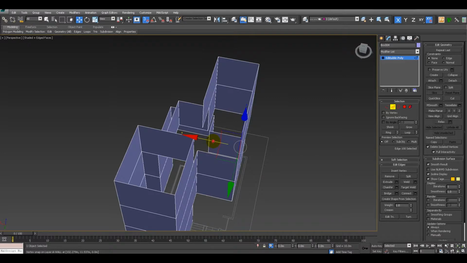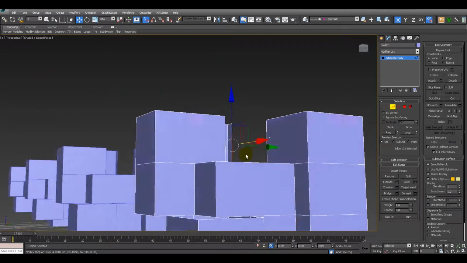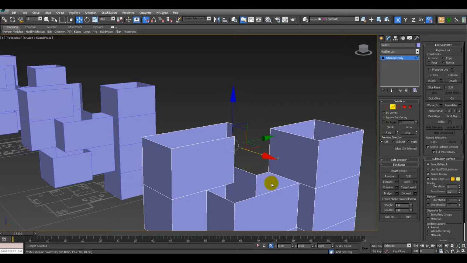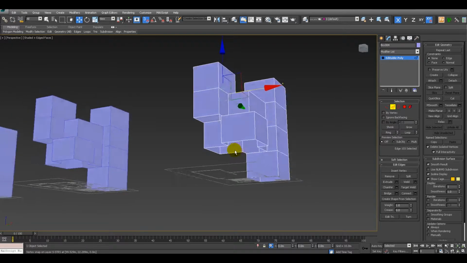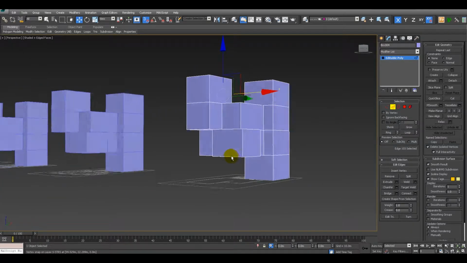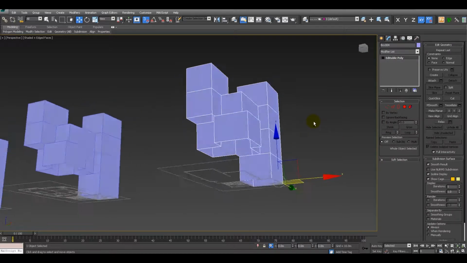This one will stop here. Okay. Okay, so now we're done tracing